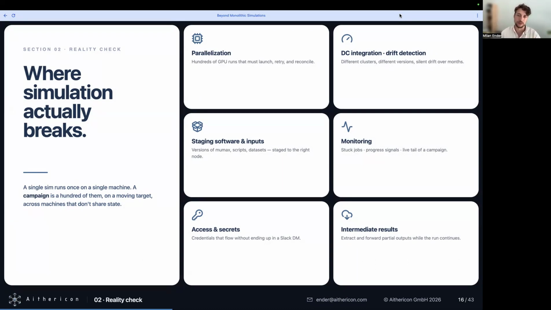And of course, we need to have proper management of our access and secrets to data centers, and also need to check if our view of our simulations is actually the truth, because you can have crashing PCs, crashing code, and all sorts of reasons why your simulations might not behave as you wish. And this, of course, also requires proper monitoring and proper extraction of our results.